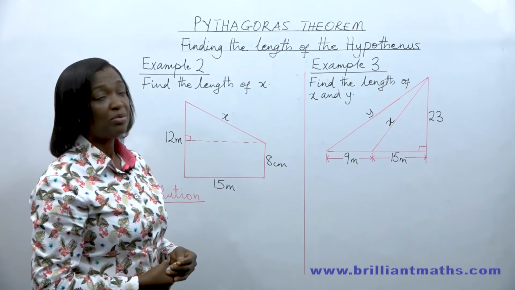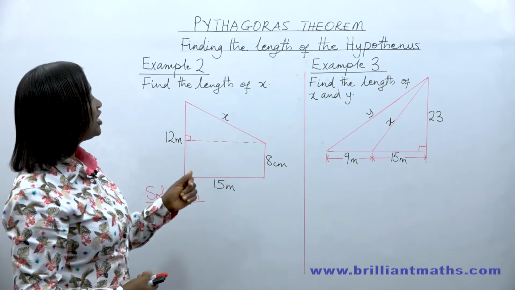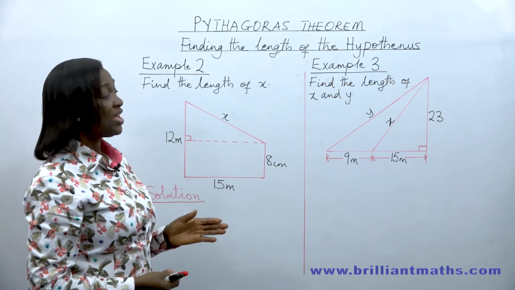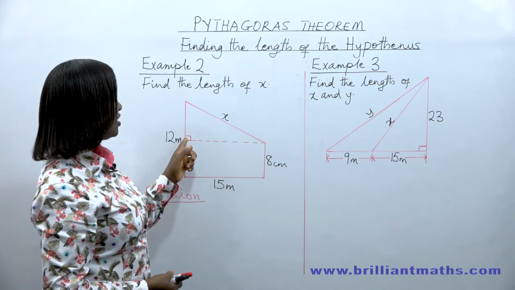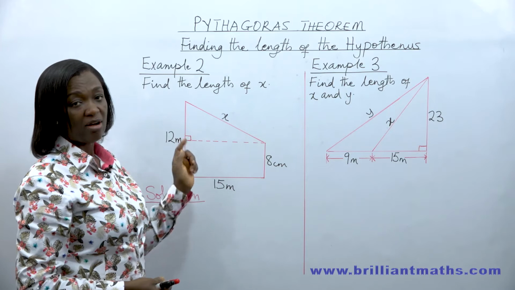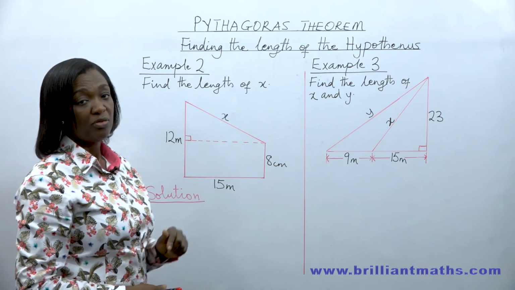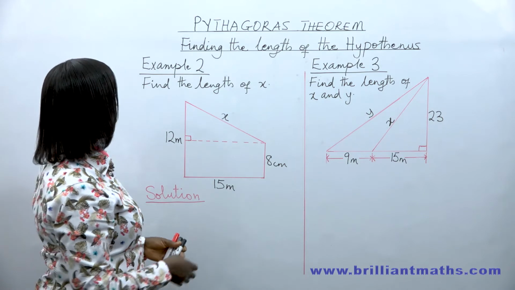In this next example, we're still finding the length of the hypotenuse. We said that the hypotenuse is opposite the right angle. So always look out for it. Make sure you identify the hypotenuse before you start. We have